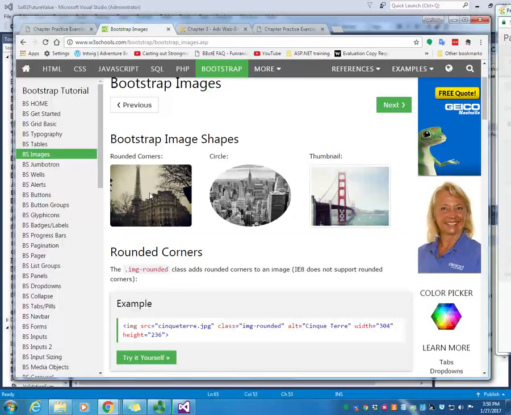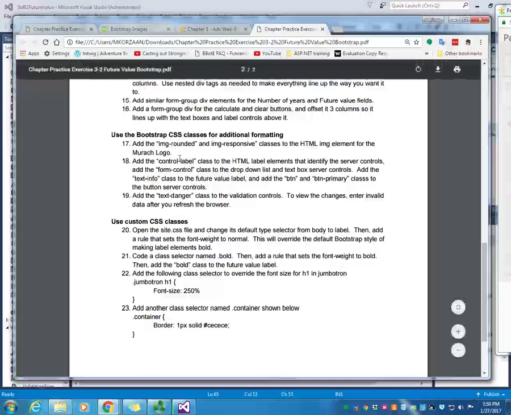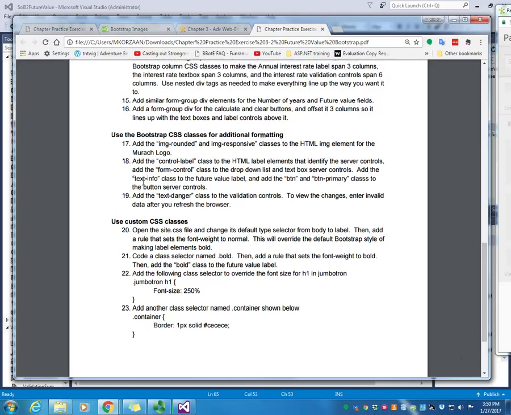So the instructions said to add the rounded corners. So here is an example of what a rounded corner will look like. You can see that you add it by including the class image-rounded. If I switch back over to the instructions, we also want to add the control-label class for the HTML labels and the form-control class to the drop-down list and text box server controls. Then going on down to the future value label, include the text-info class. And for the buttons, we want to include the btn class and the btn-primary class to both of our